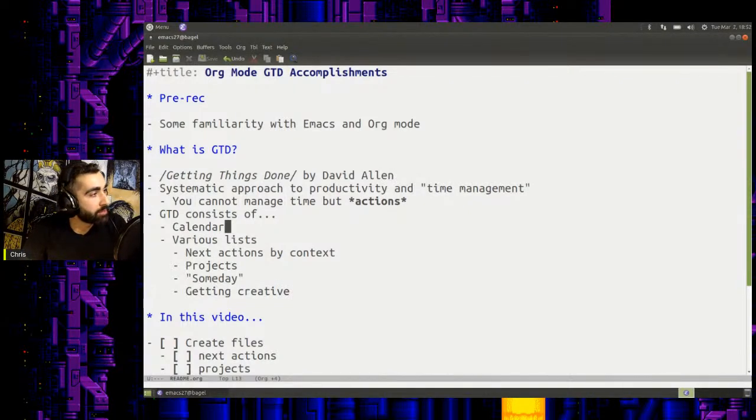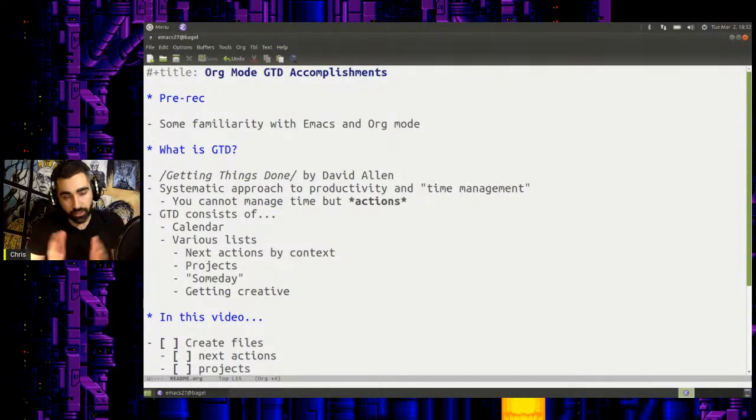But it's not the end of the system. That just tells you what needs to happen, whether you have a proposal that's due, or you have an appointment, or you have a party. And there may be various actions that are not tied to a day. So for things that are discretionary,